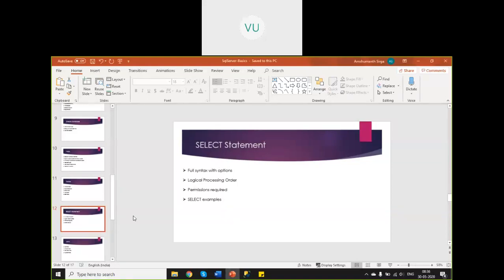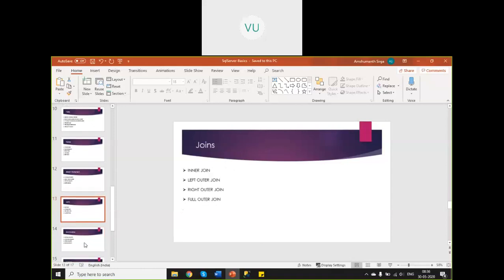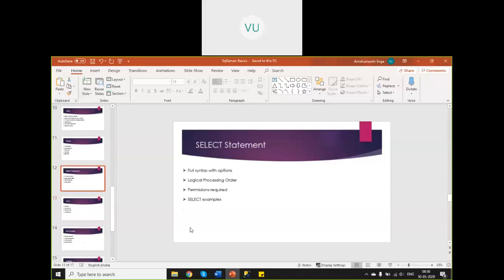So today what we'll do, we'll cover the select statement and we'll also cover joins. Out of all the queries, as we discussed, the select statement is very frequently used, and one of the important SQL statements you have to learn. There are various forms of select statement.